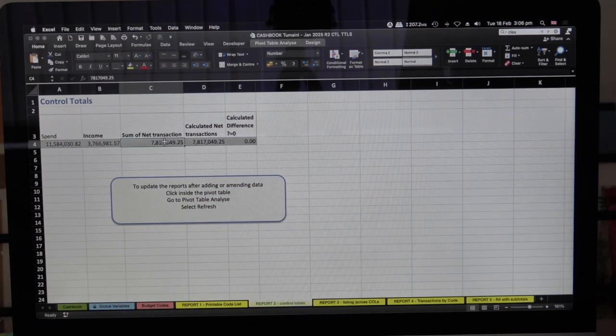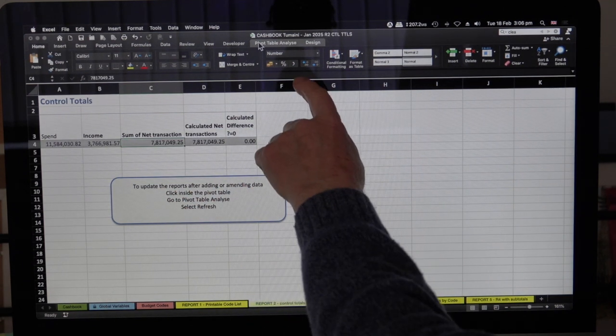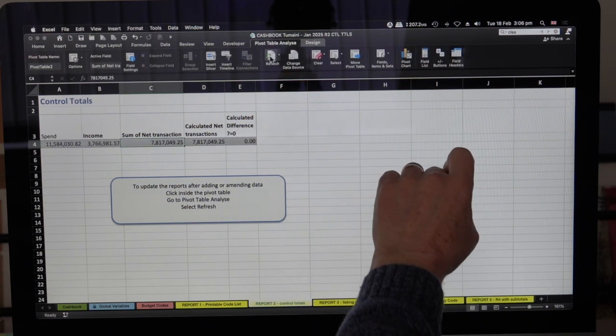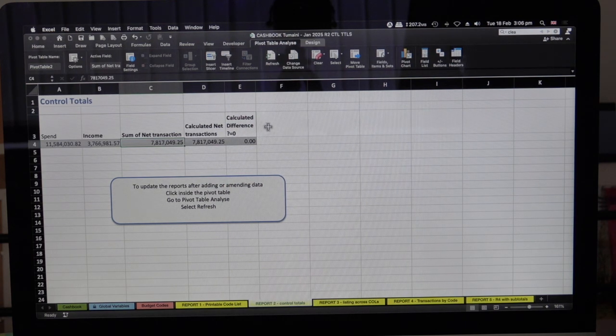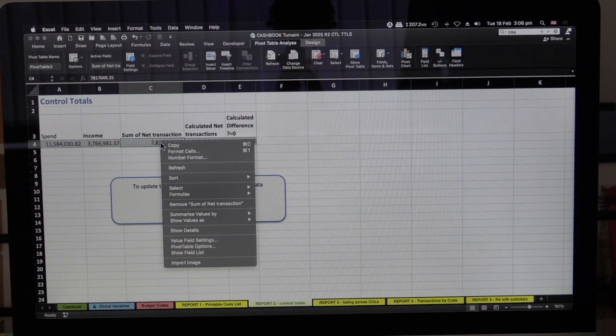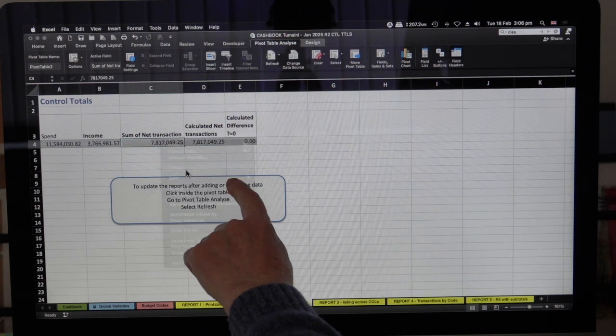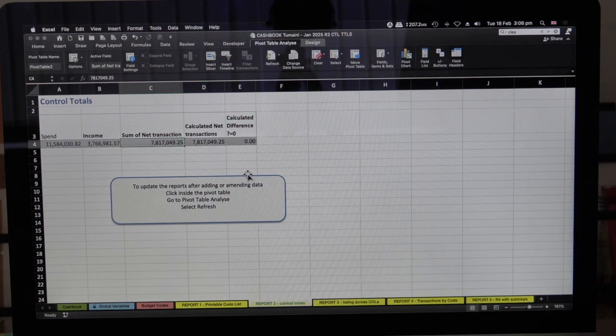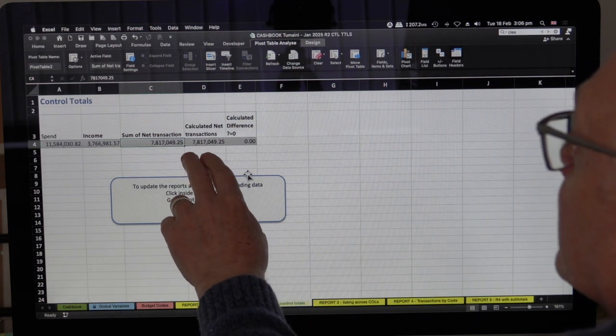In this case it's coloured grey, and we can go up to the ribbon bar here, pivot table, and press refresh. That will update the figures. And if you like to use the menus, we can right click, produces a menu, fourth one down, refresh, gives us a figure. So we're looking in your Columnar report for the total at the end, or the net figure,